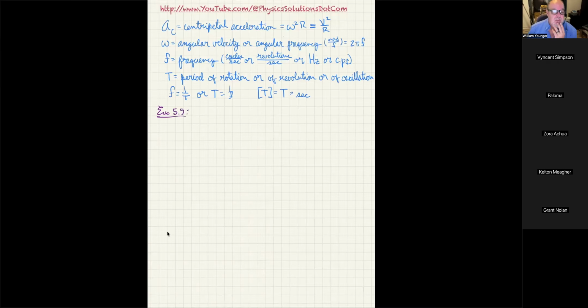Example 5.9 says moon centripetal acceleration. The moon's nearly circular orbit about the Earth has a radius of about 384,000 kilometers and a period T of 27.3 days. Determine the acceleration of the moon toward the Earth. So we were given that the radius of the orbit, which is what the r corresponds to in a_c equals v squared over r, is equal to